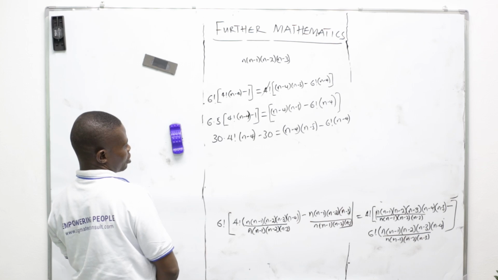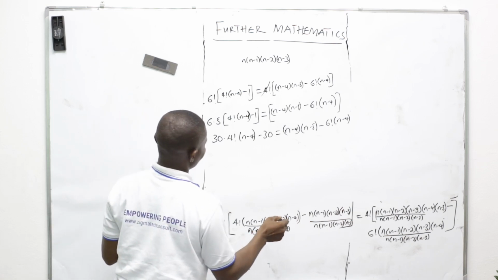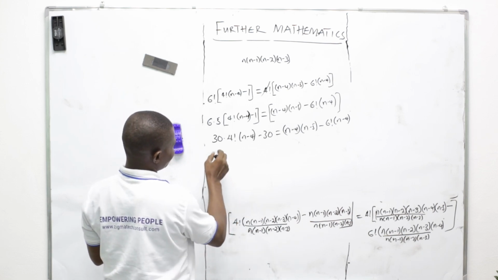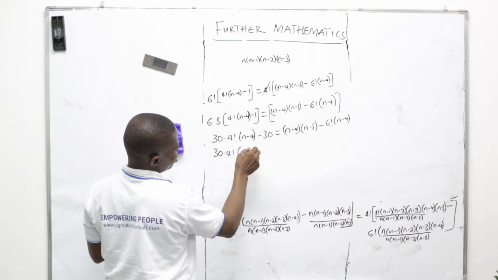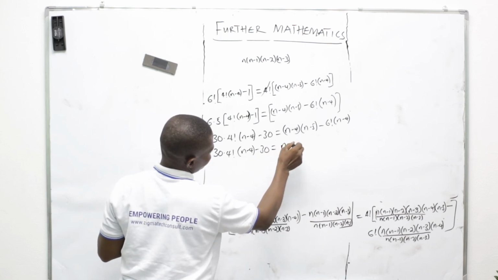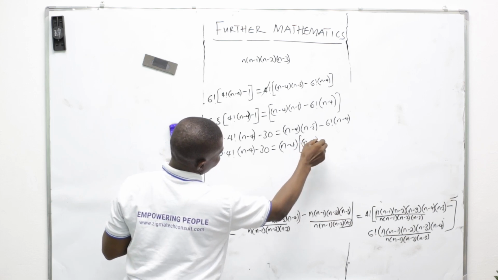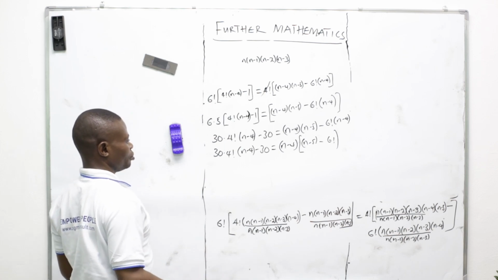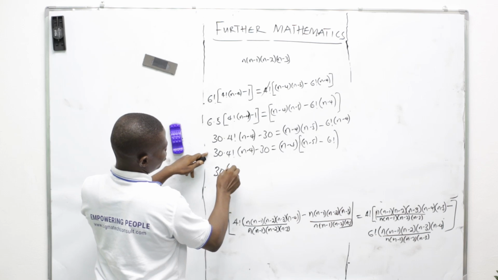Now we'll try to factor out something here. We'll have that 30 into 4 factorial into n minus 4 minus 30. What is common here? N minus 4 into n minus 5 minus 6 factorial. If 30 is common here into 4 factorial,